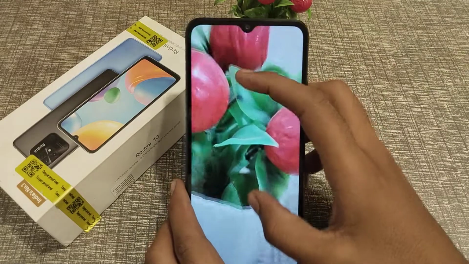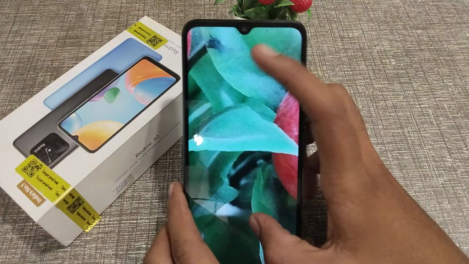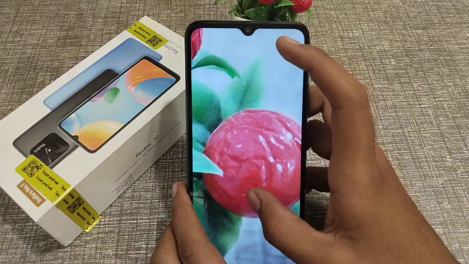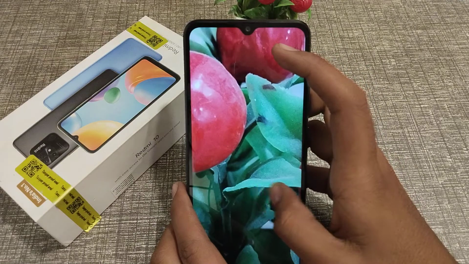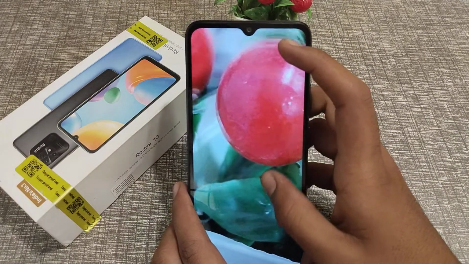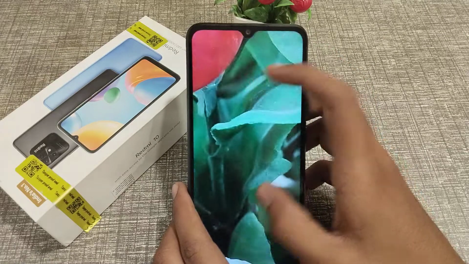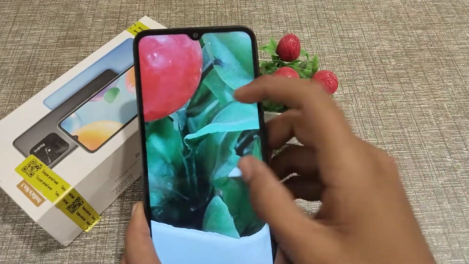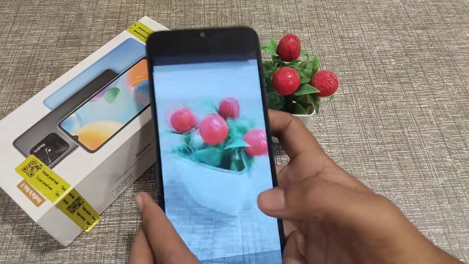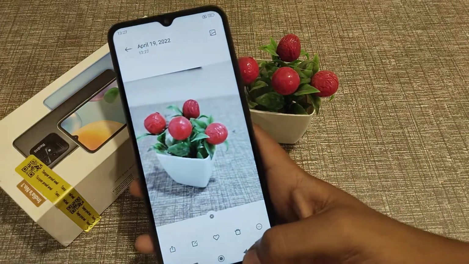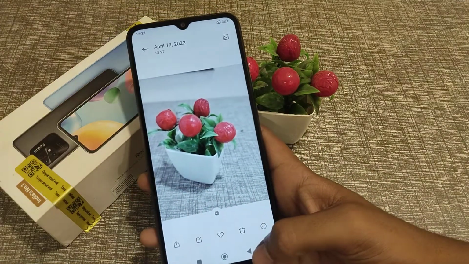quality, guys, you can see. You can see the dust also, guys, on the flowers. So I think, guys, you have understood how to use the portrait mode camera setting in the Redmi 10 phone and how